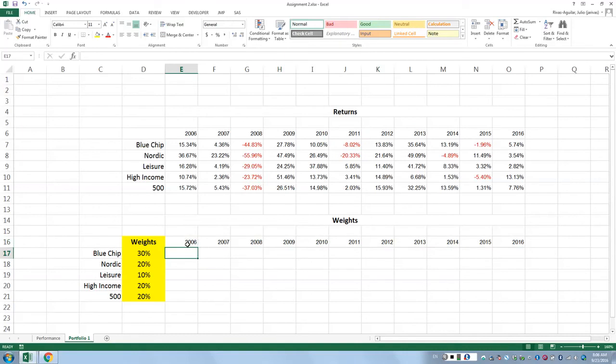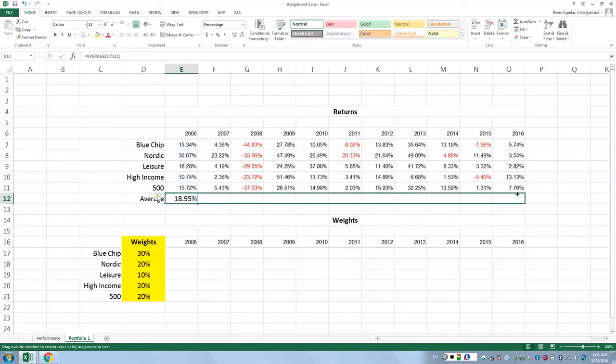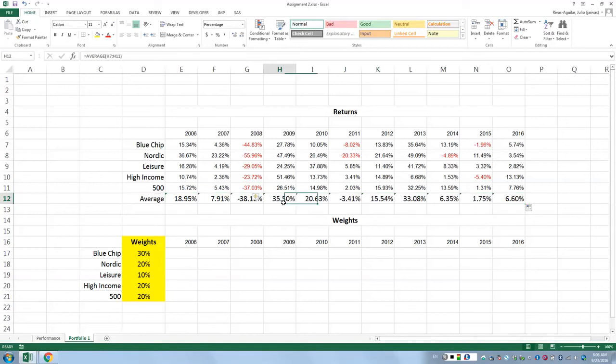So here's the thing. Now, what was our return in 2006? Just for our reference, I'm just gonna write the average here, and we're going to calculate the average of all of this and have them here. This is just for a reference, right? On average, how do they perform?